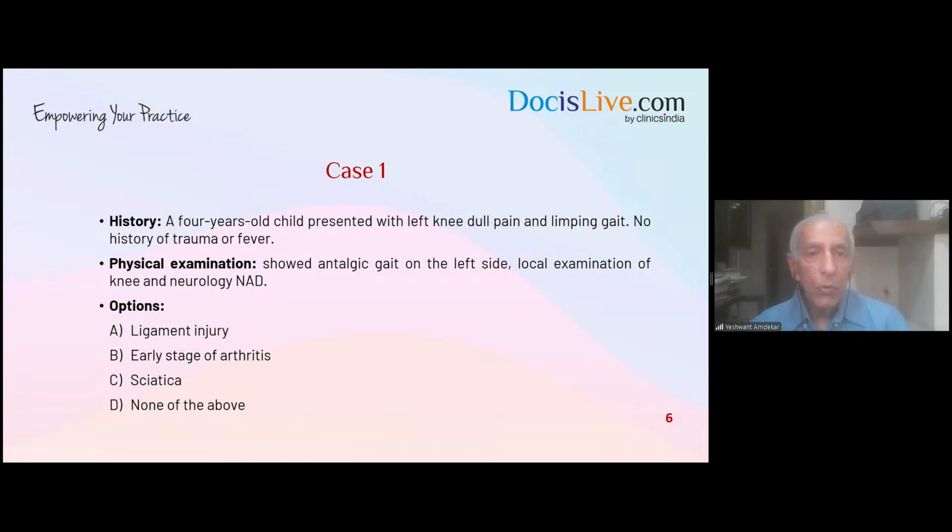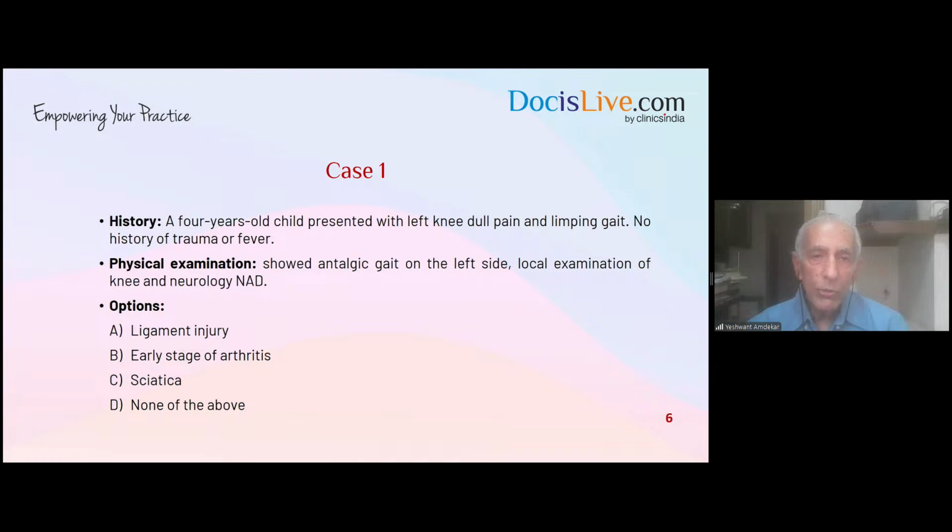But the question is, what is none of the above? I wanted to bring this case only to impress on you, and we have done this once when we discussed pain as a topic, that the pain is often inflammatory, but it could be neurogenic, vasogenic, psychogenic, or referred. And don't forget that a hip joint pain is often referred to the knee. And when you see anybody with a knee pain,